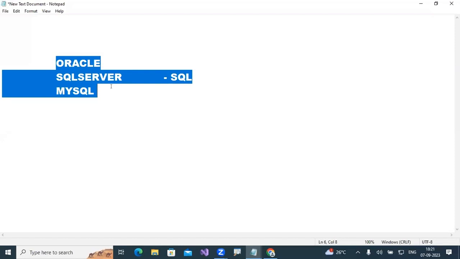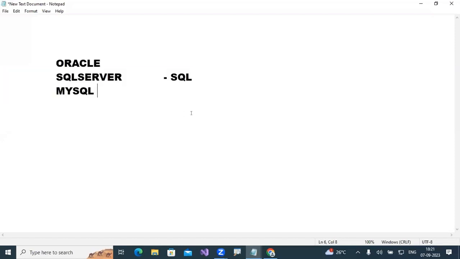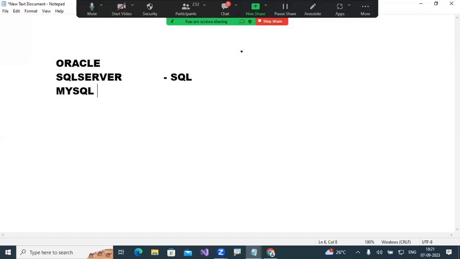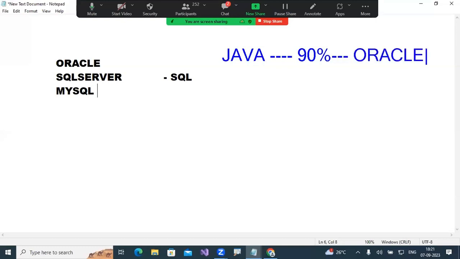But for most things, I can say for Java applications, almost 90 percent of projects are developed based on Oracle. This point should be underlined by all of you. If you are a Java student, a Java technology learner, then